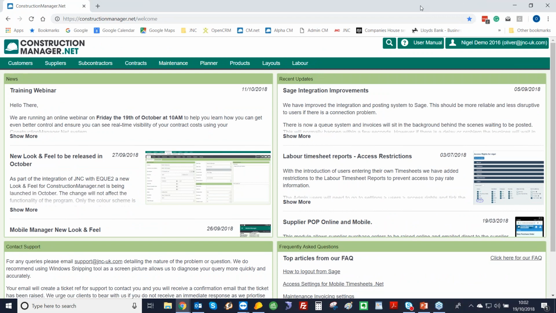What I've got now on the screen is our constructionmanager.net. As I mentioned, I'm using Google Chrome, but you can use any web browser. You simply go to constructionmanager.net, put your username and password in, and it brings you up onto this screen. So the first one I'm going to talk about is